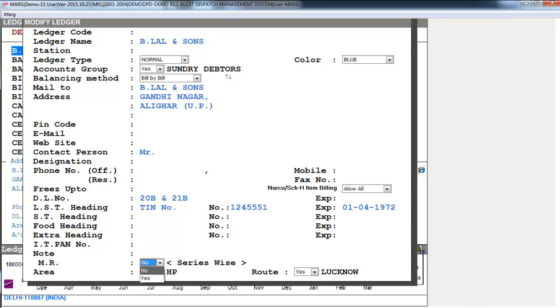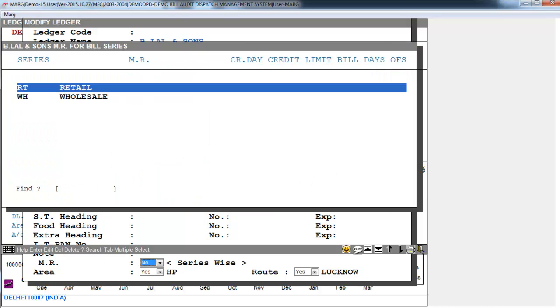Then we will select no and select for which series do you want to add MR Ahuja in Bilal and Sons bill. Now I want that when I select retail series while creating Bilal and Sons bill, the MR Ahuja automatically loads in his bill.